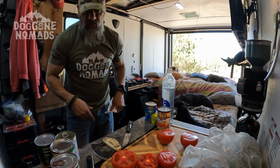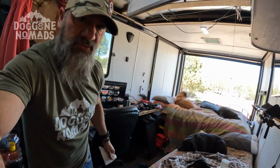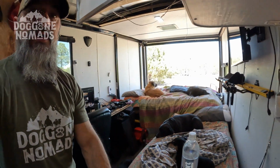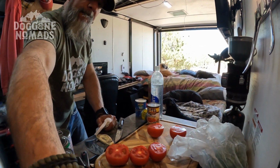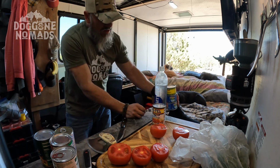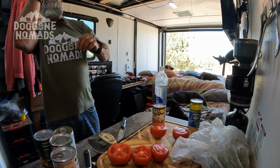See or not. I'm having to bend over because I built this ramp for my dogs, so I got that in the way, but it's all good. Can't really see if you can see or not, but we'll set this to the side here. Put this up here